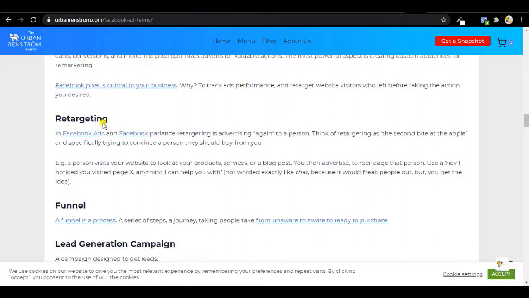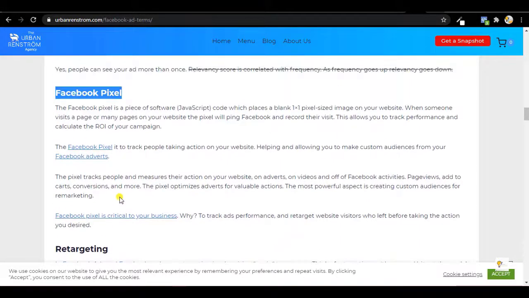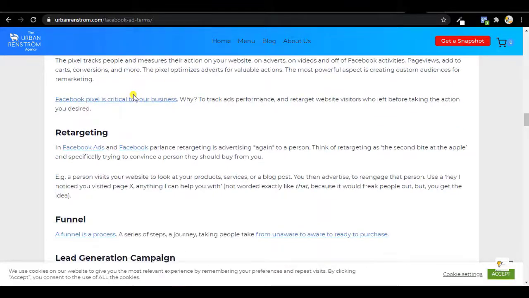That's just it. Retargeting, one thing that helps you do retargeting properly is also the Facebook Pixel, because Facebook Pixel helps you gather your audience, and through that audience you can also create a custom audience, and also a look-alike audience. All these things we are going to be talking about in the advanced classes, but for now let's just quickly